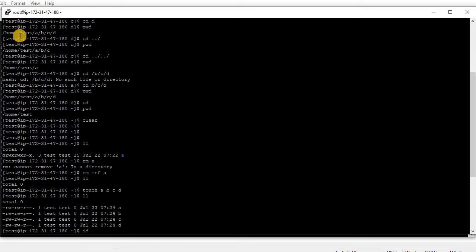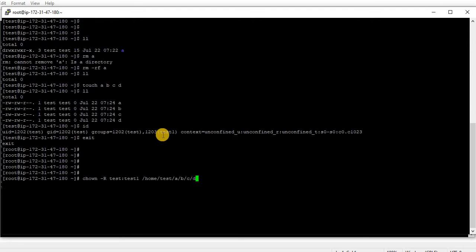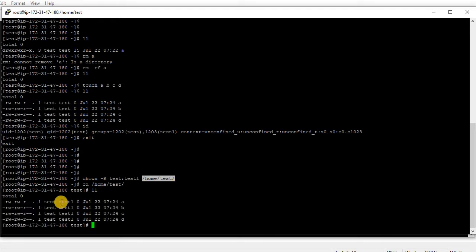What was this path? Okay, so I just want to give this till /home/test. Whatever is under this should be with the user test and group test1. Just enter. Okay, just move to this directory. You can check it from root only. You can go there and check, but if anything else you have to come back. See, now the user is test, group is test1.